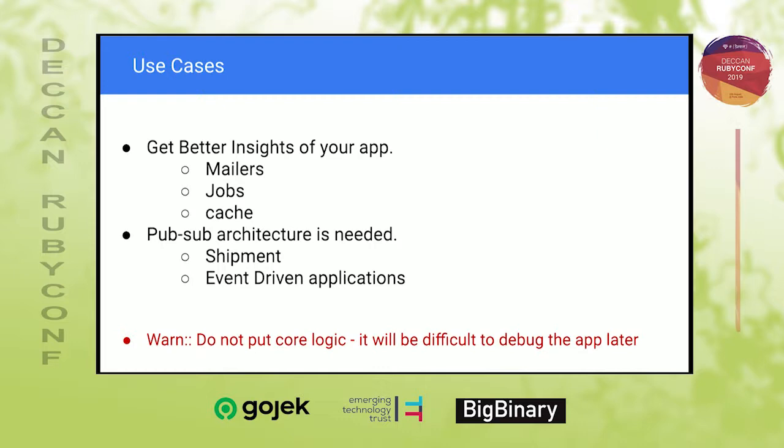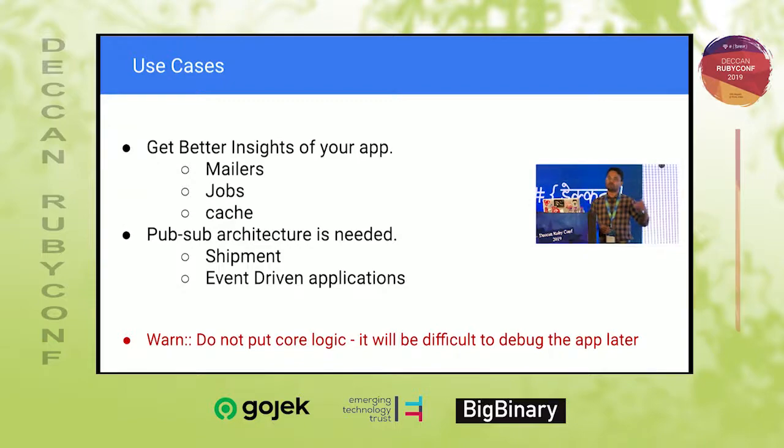You can use instrumentation to have better analytics of your application. Let's say you are using Active Mailers, and multiple mails are being sent from your application. You can have a subscriber which is listening to a particular mailer, and you can build a small dashboard wherein you have analytics of what mails you are sending per day, what mails you are sending per action, and so on. Similarly, you can listen to cache: what are the percentages of your cache misses, cache hits, deletes, etc. So these kinds of small analytics you can build by subscribing to the particular hooks with respect to the mailers, jobs, and cache.